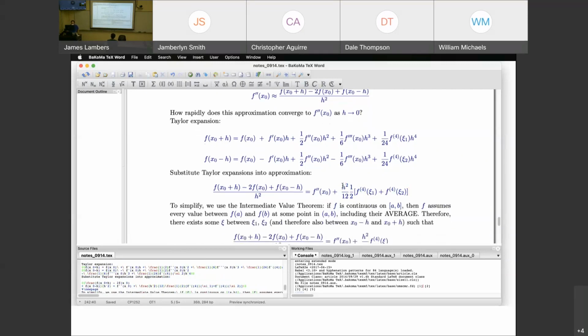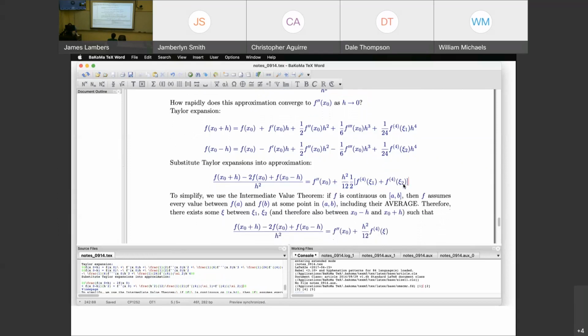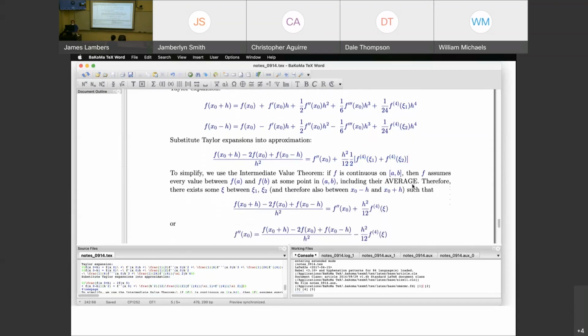So what we see is the error is order of h squared, but I actually want to try to simplify this if I can. And for that purpose, I can use the intermediate value theorem. So if we assume that this fourth derivative is continuous, then by the intermediate value theorem, there is some point between C1 and C2 at which the fourth derivative of f is equal to the average of these values. So that is what allows me to replace,